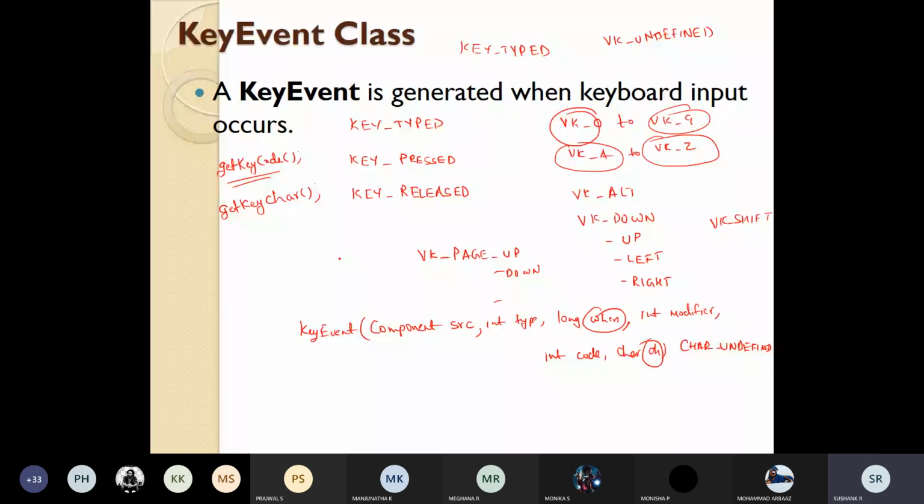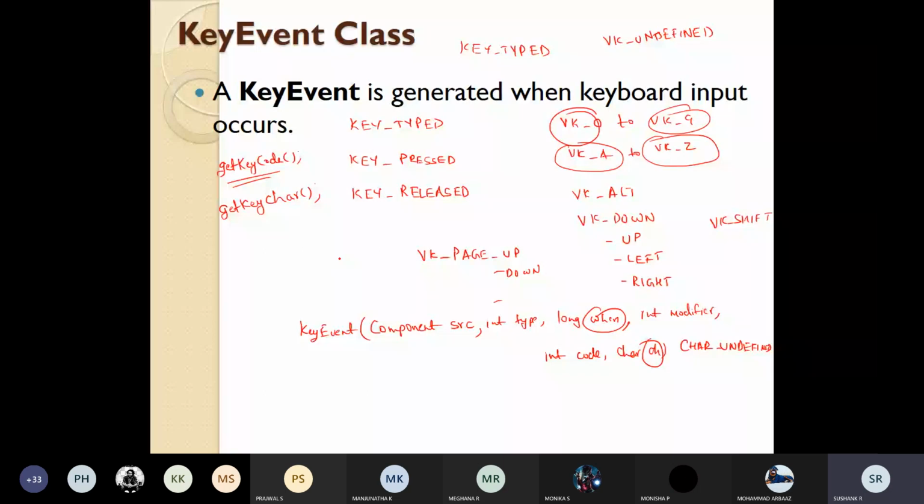If it is a scroll bar, you can hold this scroll bar and scroll it down. That is done by WHEEL_BLOCK_SCROLL. When that event is done, this constant can be used. Or if you want to scroll one unit at a time, by clicking on the edges, WHEEL_UNIT_SCROLL will be used. WHEEL_UNIT_SCROLL means a line up or line down scroll event occurred. WHEEL_BLOCK_SCROLL means a page up or page down scroll event occurred.